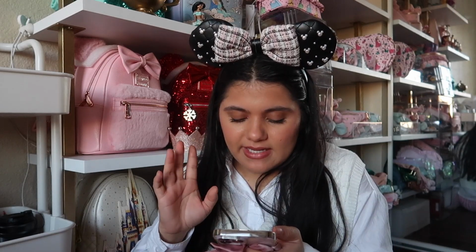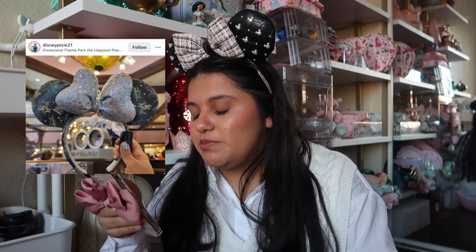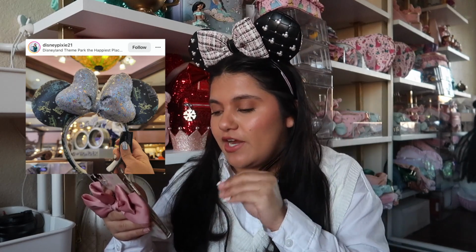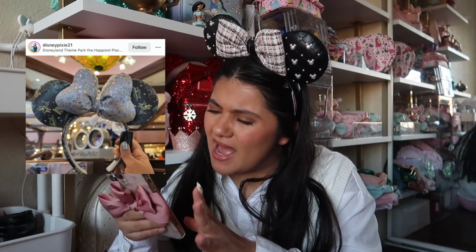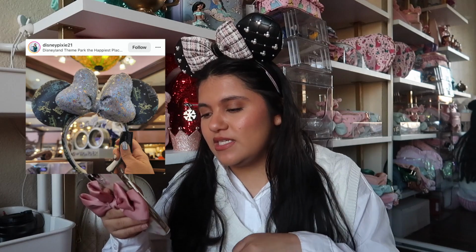This next item is a pair of ears. I want to love these very much because I just love the bow. I love when Disney does this kind of bows in particular. It's my favorite bow. It's like the fluffy, the oversized bow. It's so good. But for some reason, the pattern on the actual ears is not it for me. I feel like if they would have just left it either black or just like a purple, maybe that would have been better. I'm gonna pass on these,